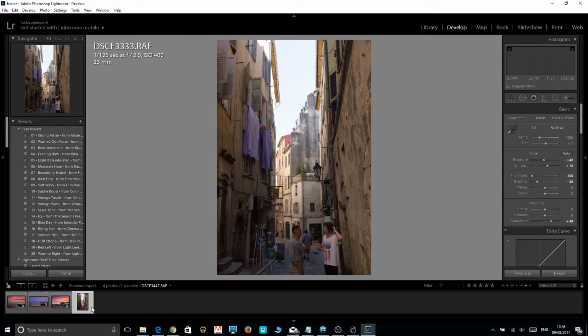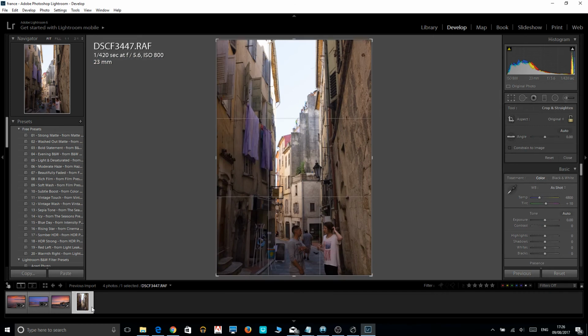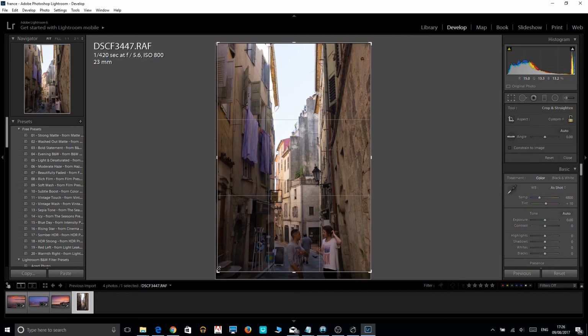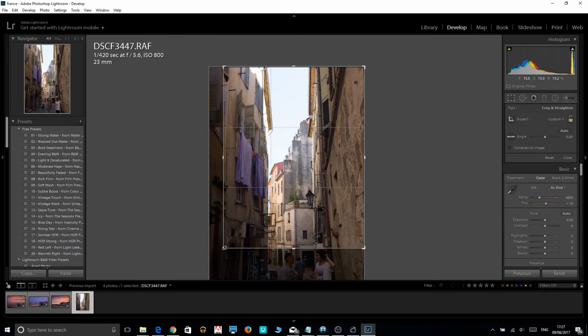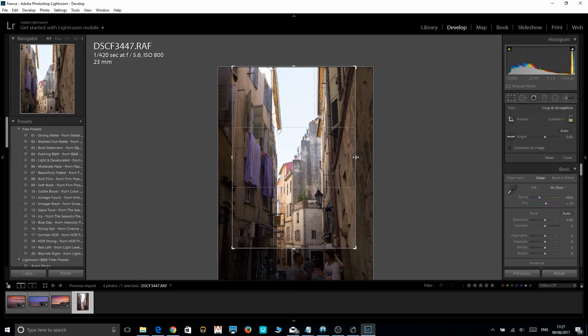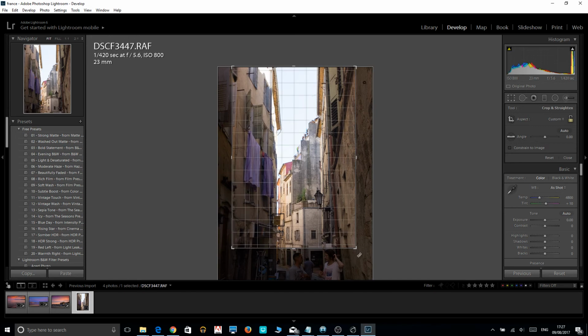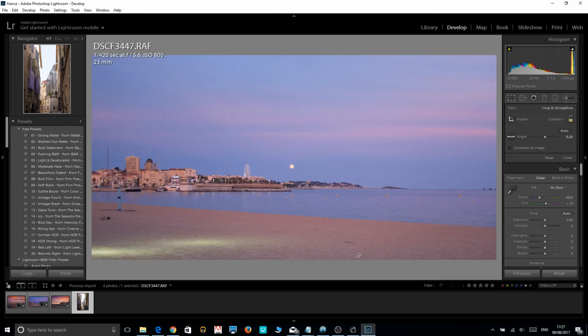Final photo. Okay, I'm going to start again with the cropping. I don't know that the people in the foreground are really adding a great deal to the shot. Got quite a lot of wall over to the right there that isn't really adding a great deal to the image. I'm going to just make the vertical lines a little bit more straight. Hit the return key,